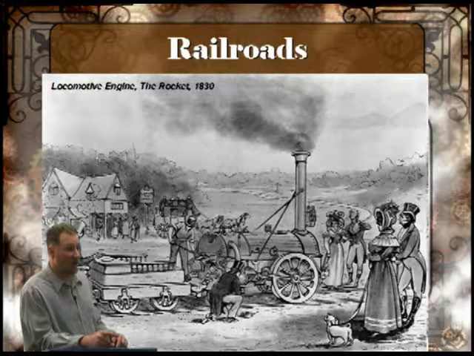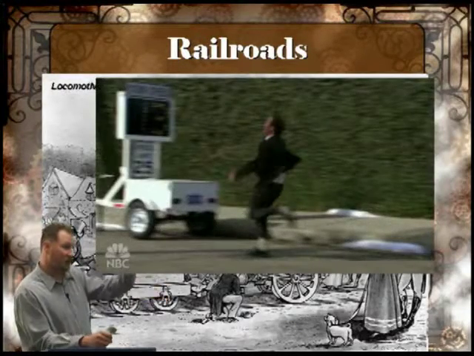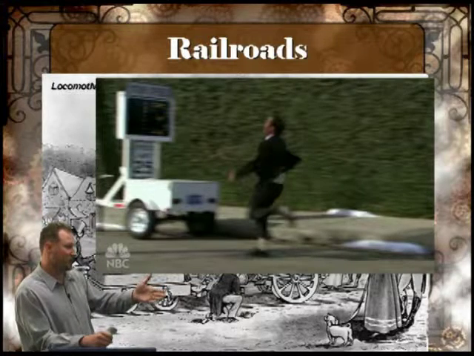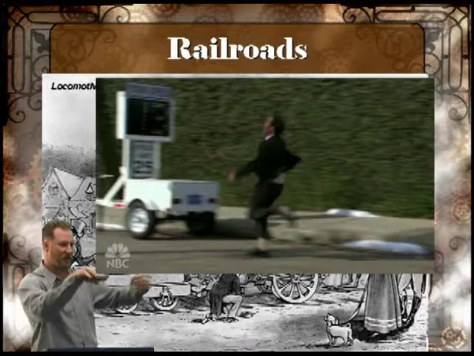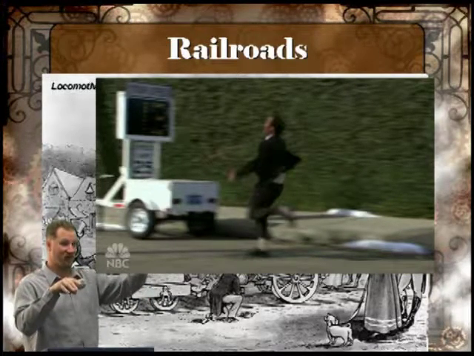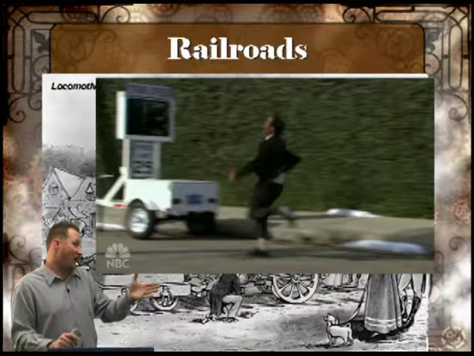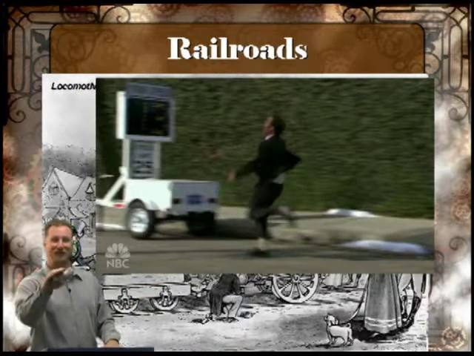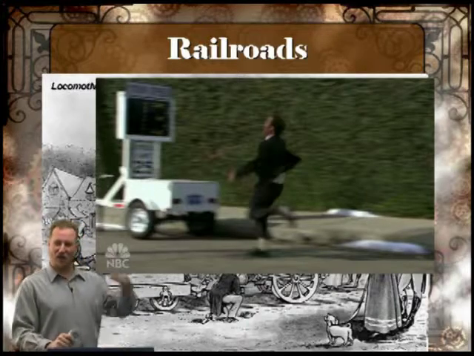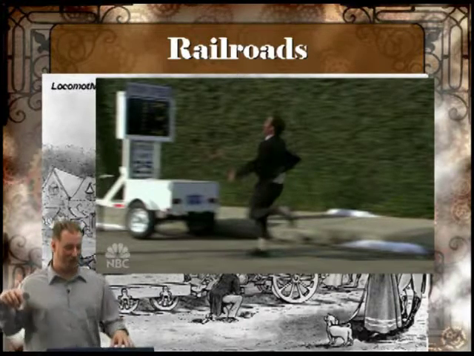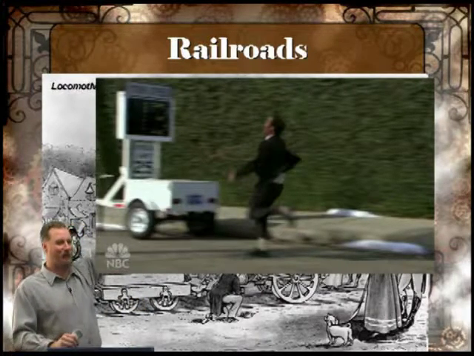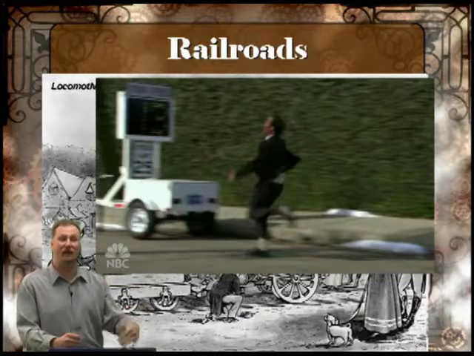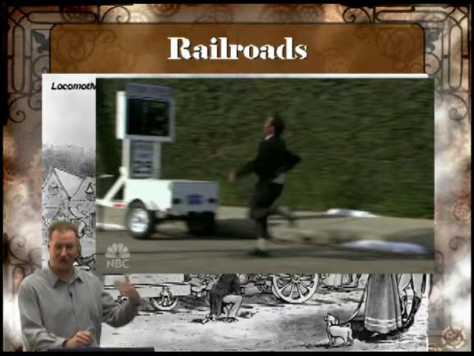Has anybody seen one of the last couple episodes of The Office? You guys watch The Office when they put the traffic speedometer out front, because you know how they put that thing on the street when they want you to slow down? Cars drive past, it says you're supposed to drive 30, and it shows what you're driving. They put it right outside the offices, and they decided to go out and see how fast they can run, and so they're running at the thing, right? And they're like, hey, 12 miles an hour, 13 miles an hour. And then Michael Scott's running in a car, drives right past him, and it says 31. He's like, I got the new record, 31. He's like, nope. And it says it's not humanly possible to run 31 miles an hour. And he doesn't care. He got the record.